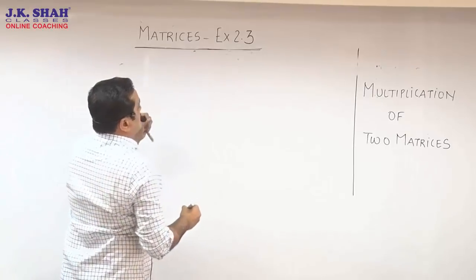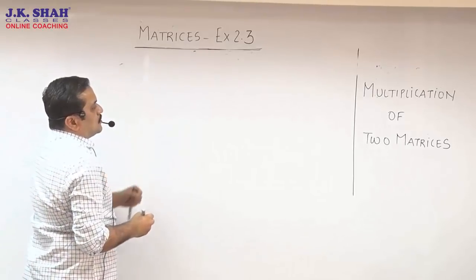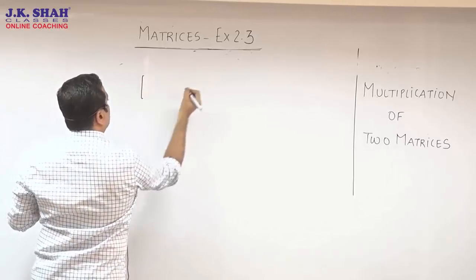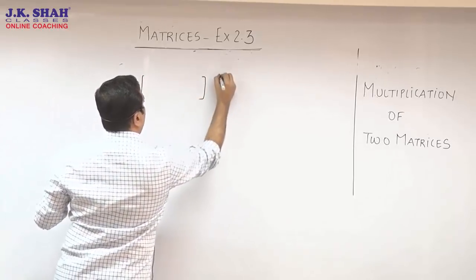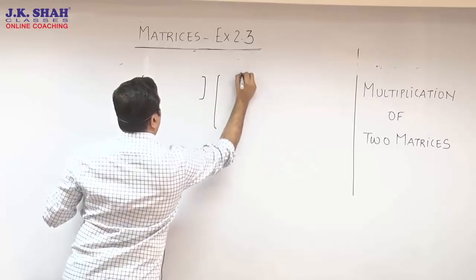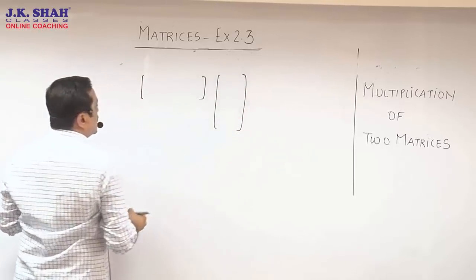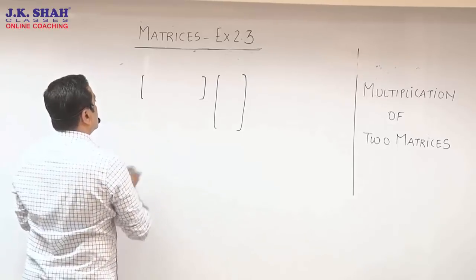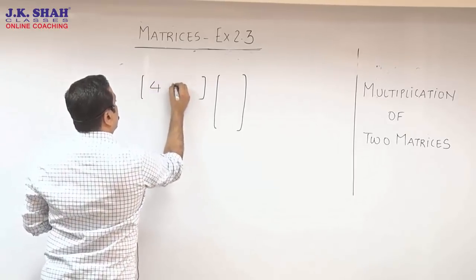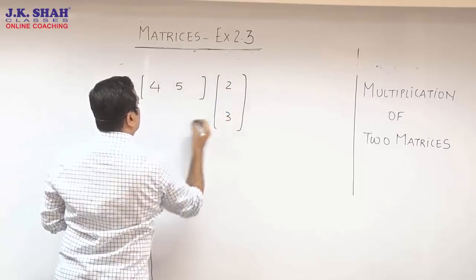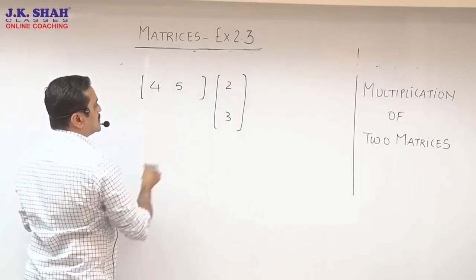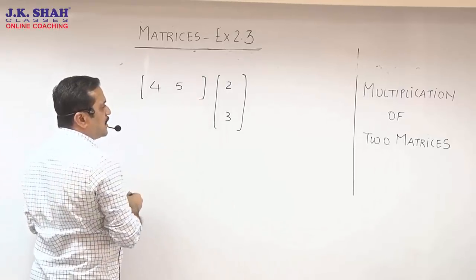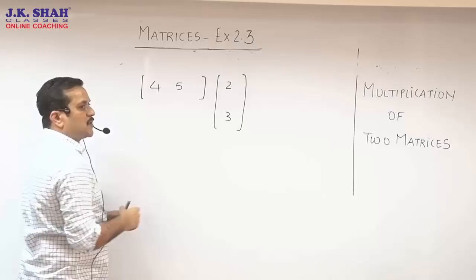So now, to start with how to multiply two matrices, I would take an opportunity over here to show you how to multiply a row matrix with a column matrix. Now maybe I may not have told you about this earlier, row matrix and column matrix. The right time is right now. Let us say I have got element 4, 5 over here and 2, 3 over here. Now that's called a row matrix and this is called a column matrix. Easy to remember. It looks like a row, so we call it row matrix. That looks like a column, so we call it column matrix.